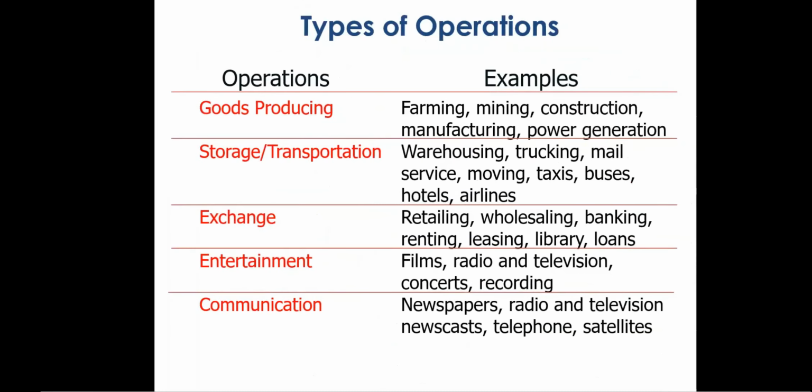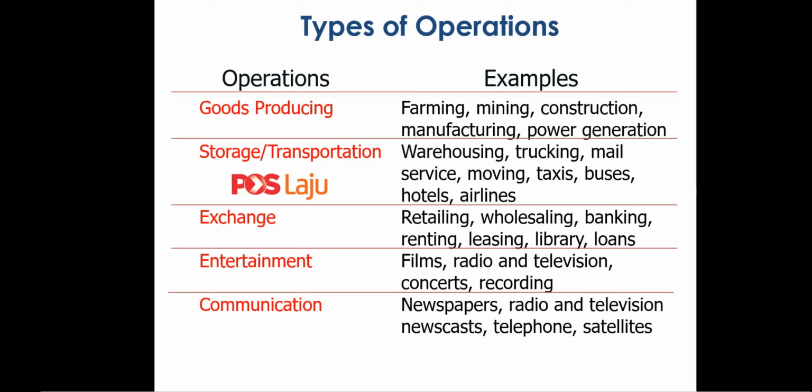Types of operation. When we talk about operation, we sometimes look only at producing goods, but don't forget about services. They also fall into the operation category. For example, the common ones are producing goods, such as in mining, construction, manufacturing, and power generation, and also services, for transportation and storage, for example in the warehouse. Post Laju, for example, and we have J&T Express and so on. So what service do they give? The service of delivering. And also hotels, airlines and so on, which fall under the category of service.